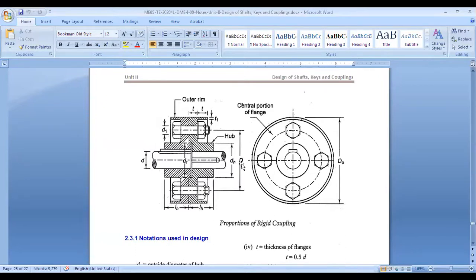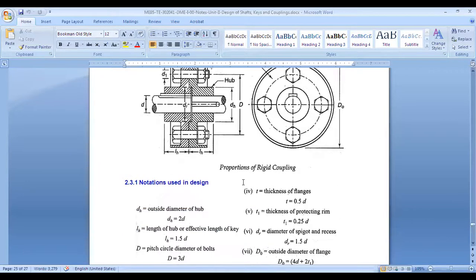In rigid coupling, there are main three parts: shaft, then coupling, and nut and bolts, right? And there is also the key, whose design we already did. So basically we have to design the shaft. That means we have to find out the diameter of the shaft. Then we have to design the flange coupling. While designing, we will not do any kind of separate design. We will use empirical formulas, and we'll make sure that with those dimensions our design is safe. And then we will design nut and bolts. We'll find out how many nut and bolts are required. We'll find out the diameter of those. We'll make sure those will not fail, and then we'll design keys. So this is how the design of the flange coupling will be done.